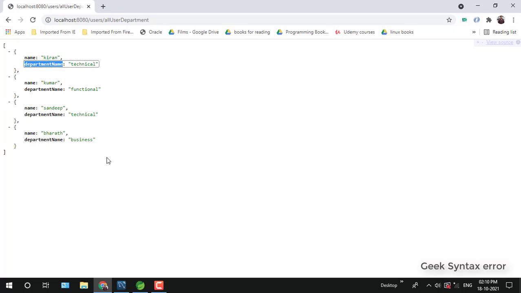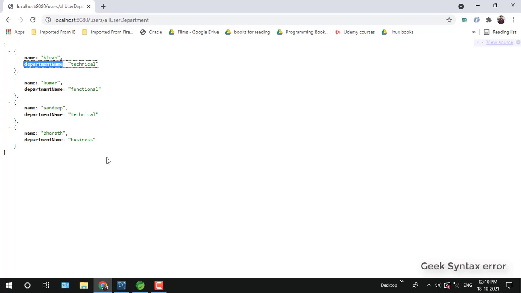For the DAO class, you need to create one support class. For the support class, you need to pass a data source object to it. After that, you can extend that support class in your DAO implementation classes, and you can easily execute the complex queries. So this is a way we can handle these native and complex queries by using both repository interfaces and writing our own DAO implementation classes.